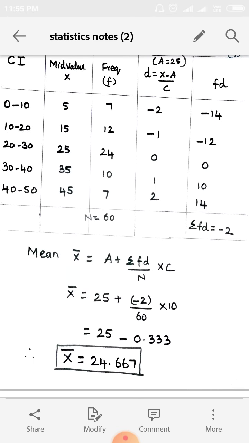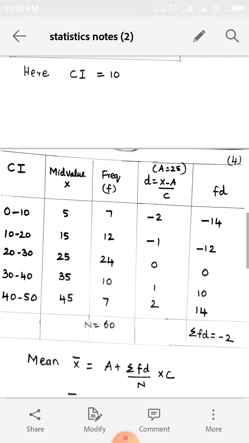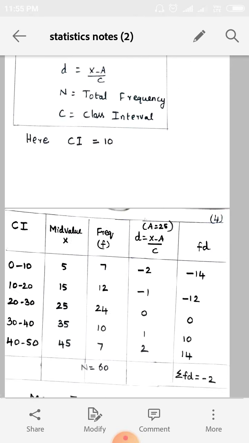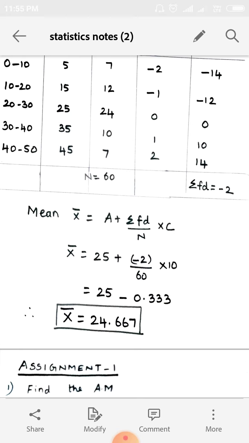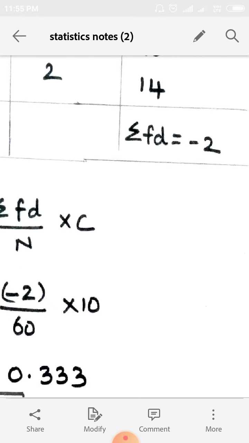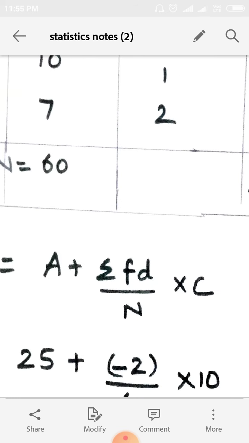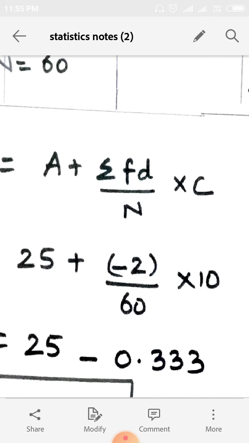Now write the formula. Mean is equal to X bar. What's the formula? A plus summation FD by N into C. What's the value for A? We already assumed A is equal to 25. So write 25 plus. What's the value for summation FD? Minus 2. So minus 2 by, what's the value for N? 60. So minus 2 by 60 into,